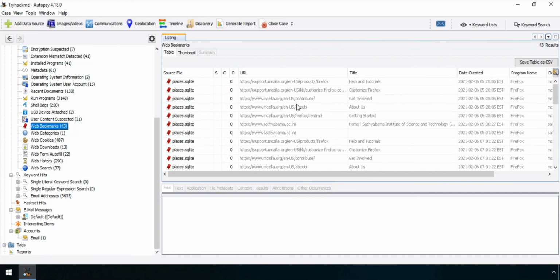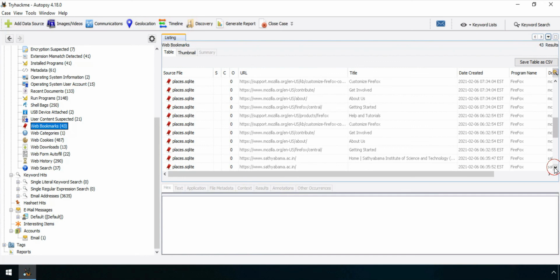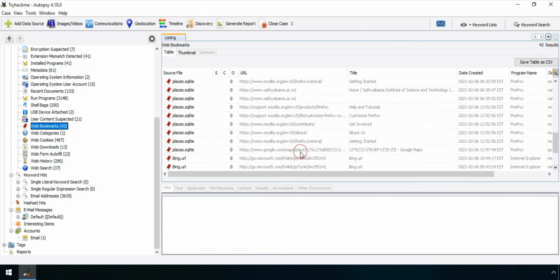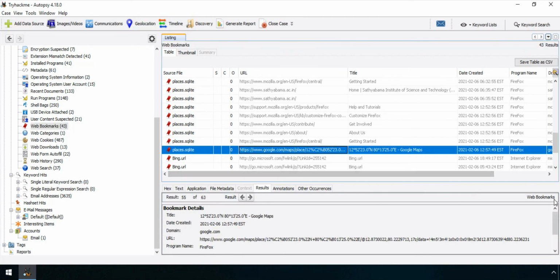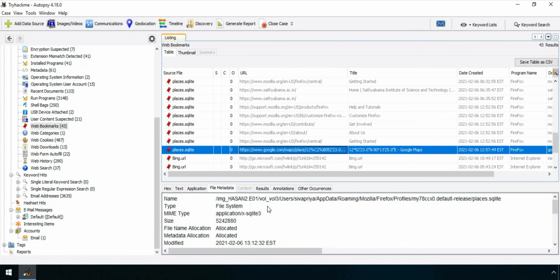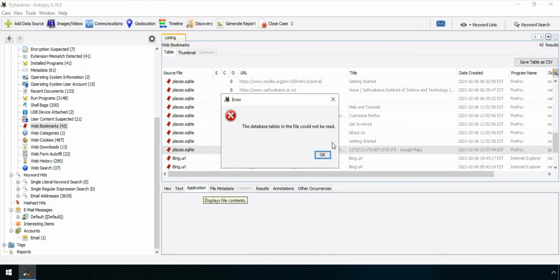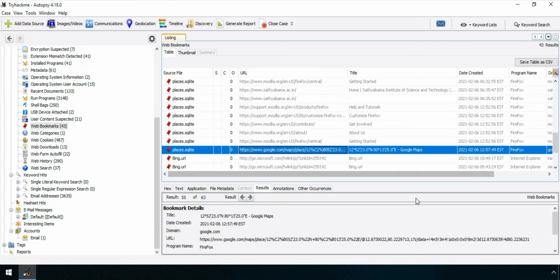So here are many things. It has Mozilla, about the Mozilla homepage. Let's just wait for the maps. Yes, there is the one. As you can see, it was actually accessed from Google Maps.